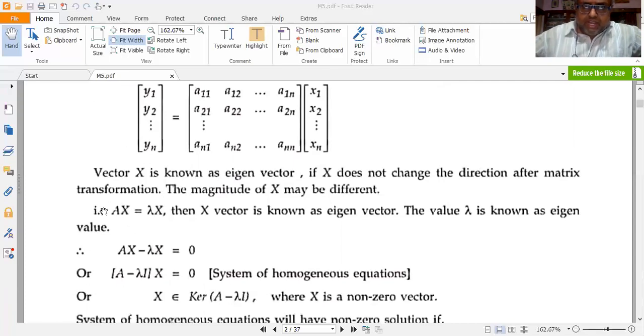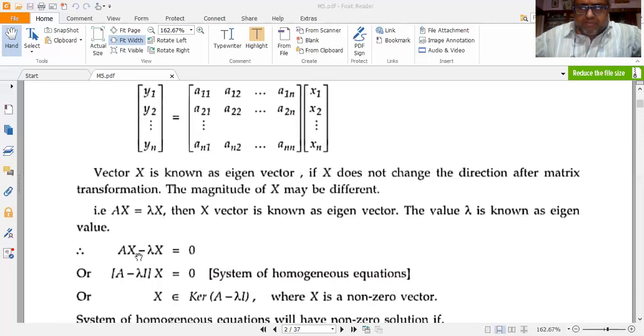Now, since Ax = λx, this is the heart and soul of eigenvectors and eigenvalues. Eigenvalues and eigenvectors are exclusively used in control systems, advanced control systems, advanced digital signal processing, and communication engineering, which we will study in advanced semesters. So Ax = λx is one of the most important equations which we need to remember. While solving problems, we will make use of this equation. Now I can transpose this lambda x to the left hand side.